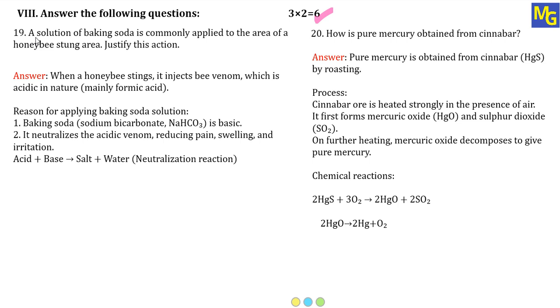So start with question. A solution of baking soda is commonly applied to the area of honeybee sting. Justify this action. So whenever a honeybee stings, baking soda is applied on that surface. So why it is applied, that reason we have to write. That is the meaning of justify this action. So if you see the answer,